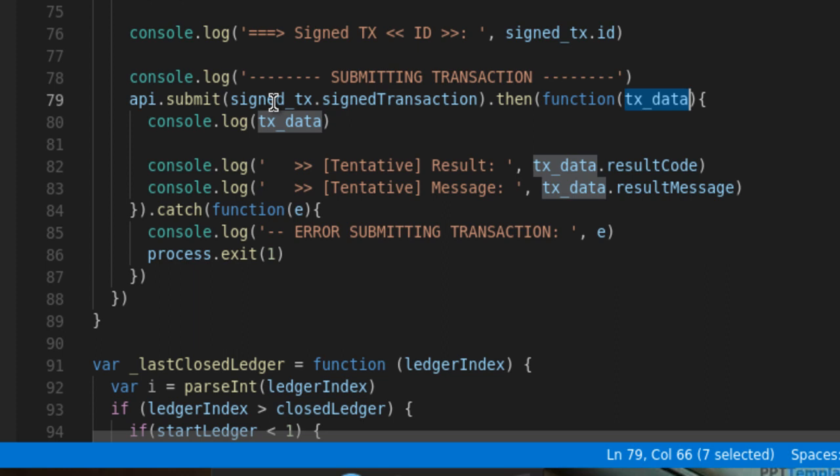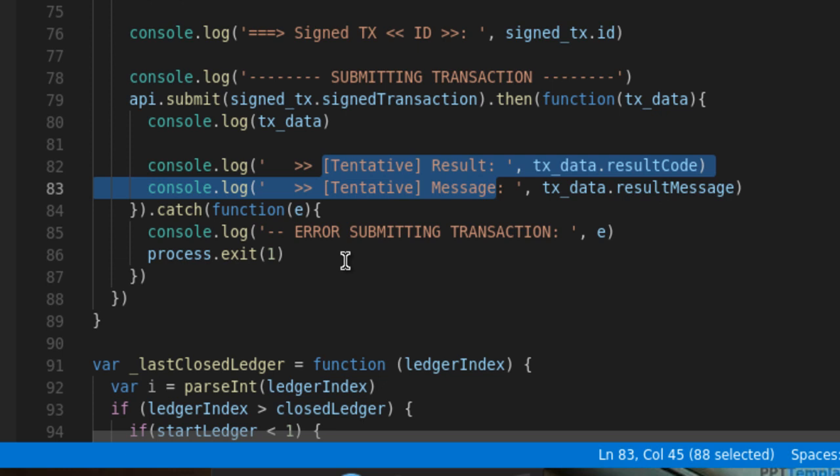You can see here sign transaction, then API.submit, in which we are submitting the signed transaction. The response from the submission will be in the transaction data. We are going to log that transaction data, and check for the result code and result message and put them on the console log.